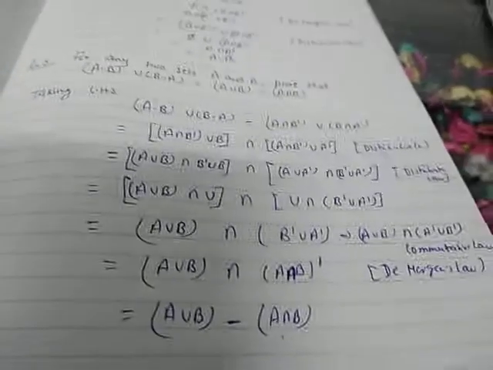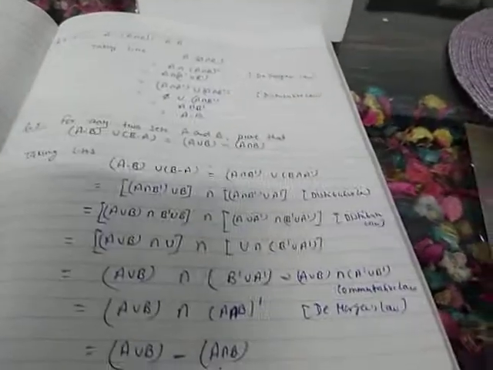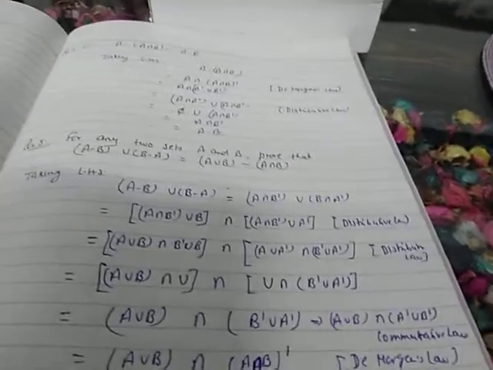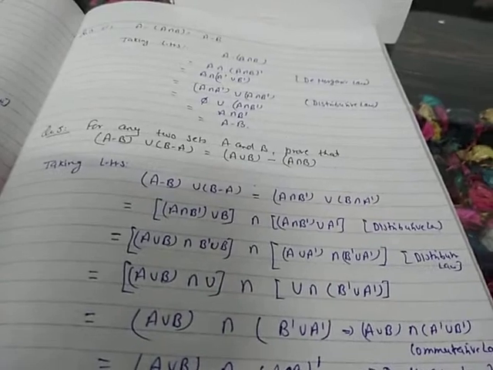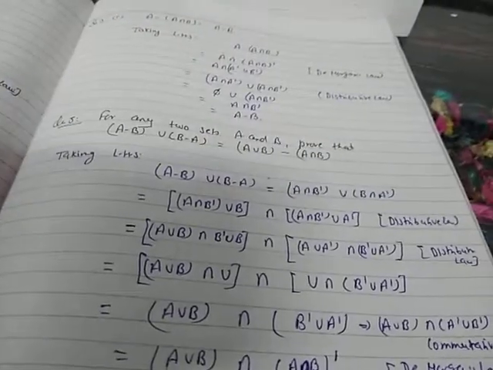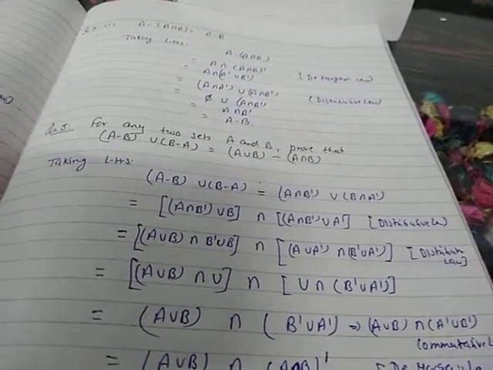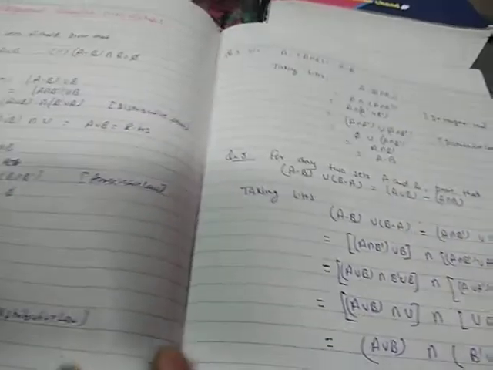Now children, chapter 1 is totally completed. All the questions based on all topics, Venn diagram, practical problems, proving questions, all has been completed. Then you have to